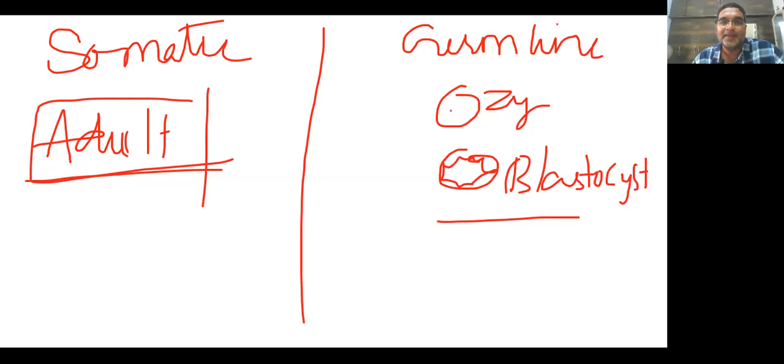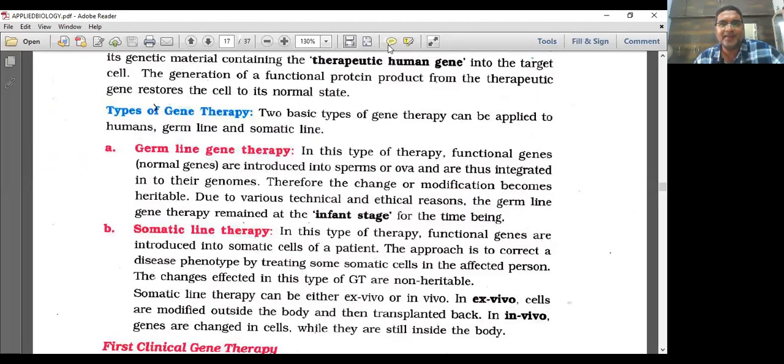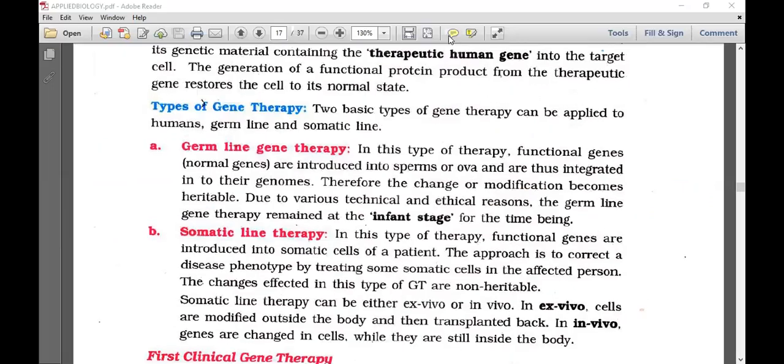Okay. Next, let us read that in the text. Germline gene therapy: in this type of therapy, the functional genes or normal genes are introduced into the gametes like sperm or ova, and thus integrated into their genomes. Therefore, the change or modification becomes heritable. Due to various technical and ethical reasons, I'll say technical reason, ethical reason, that transgenic aspect here,